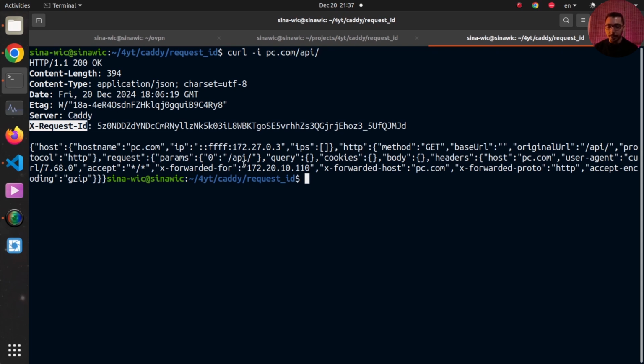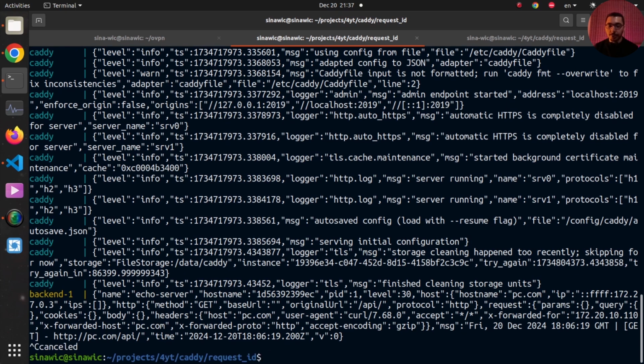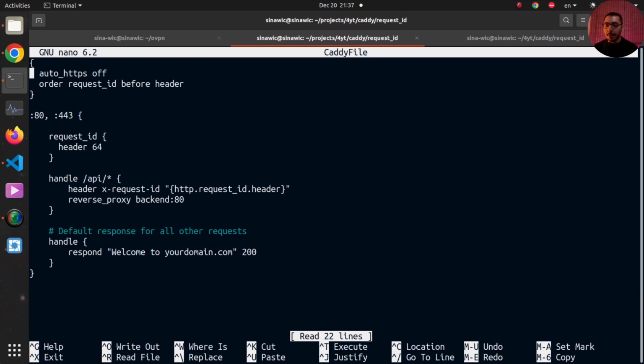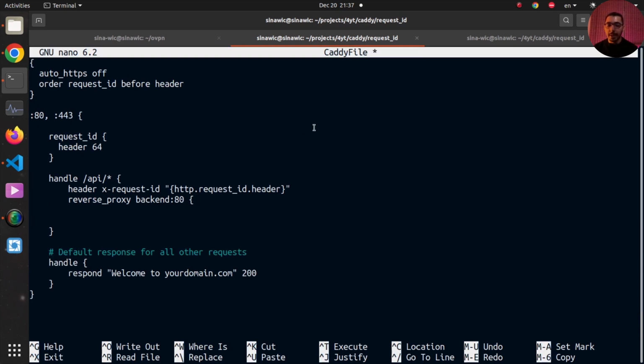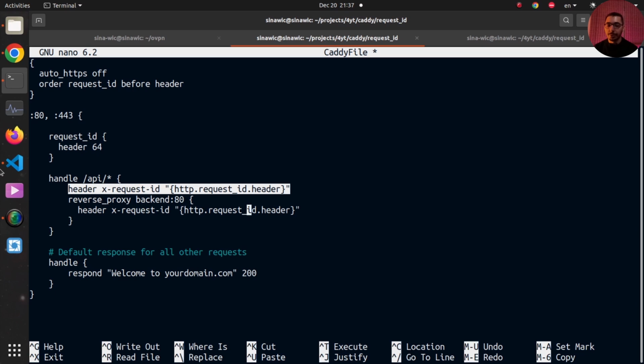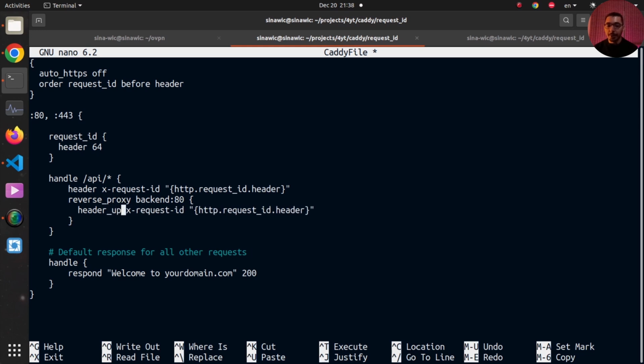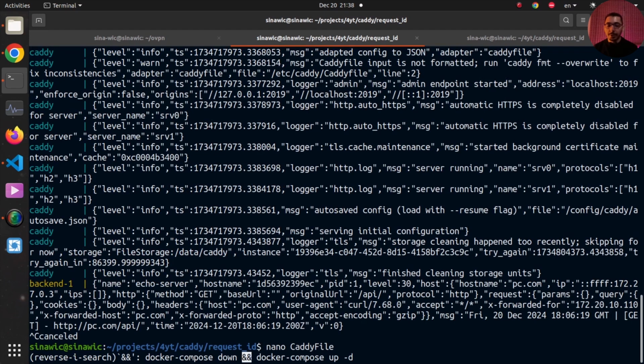So in order to fix this, I'll move back right over here. I'll nano the Caddyfile again, and by using the header_up directive, I should be able to add this exact same header to the request that will be sent from the Caddy server to my echo server. So I'll use this exact key and this exact value, and instead of header, I'll use the header_up directive to add this as a header to the request that is being proxied to my echo server. I'll hit save and exit out of nano,